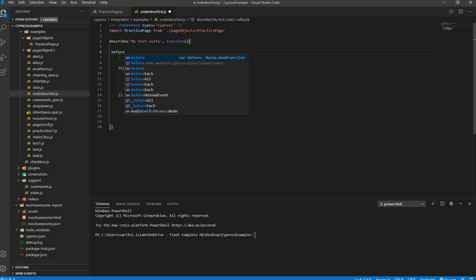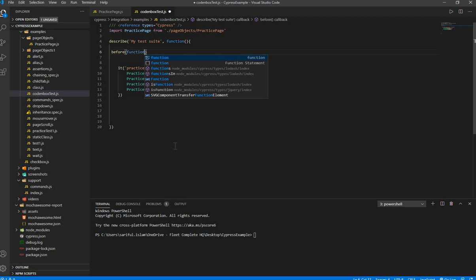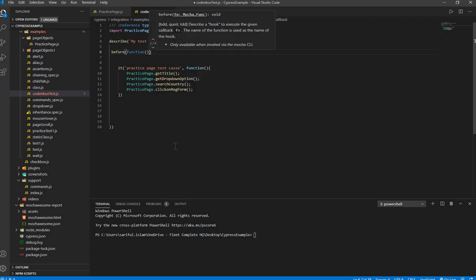and then since I have only one test case I'm going to use over here, and only one time I'm going to launch, so I will use the before hook. But if you need to relaunch the page again, then you can use it for every test case, for every it block, with the beforeEach block. So I'm going to use the before hook, right? Just a before hook. It will be launched one time, at the beginning of all the test cases, when the script runs. So before, I'll type function, right? So before function or before hook, and then